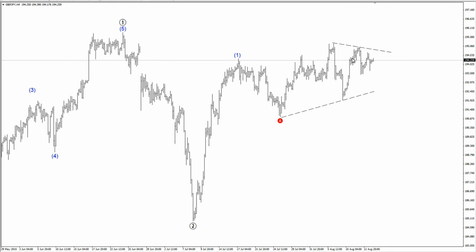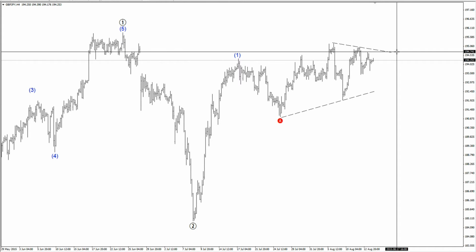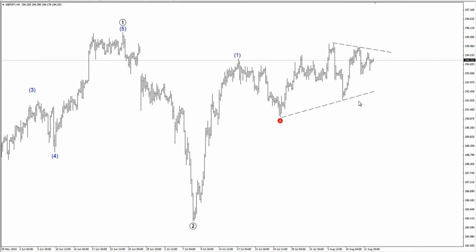This is slightly early to say, but since there is 3 wave divisions, now I have counted 3 wave divisions, maybe 4, that would propose a triangle for this B wave position. Key levels on Pound Yen: upside resistance 195.22, and of course the trend lines of this triangle will keep this contained if this is going to be a legitimate triangle. So 194.74 would be the upside resistance also,